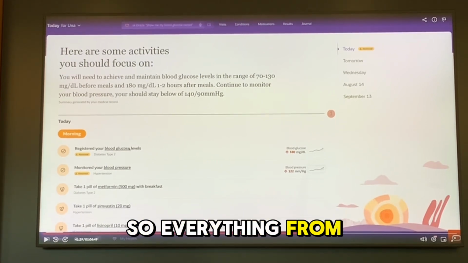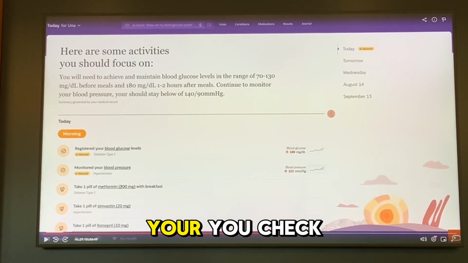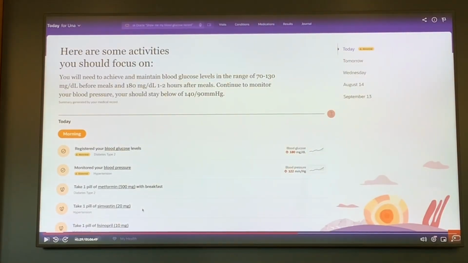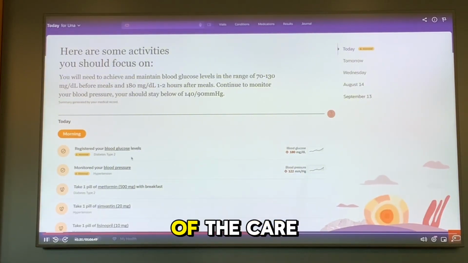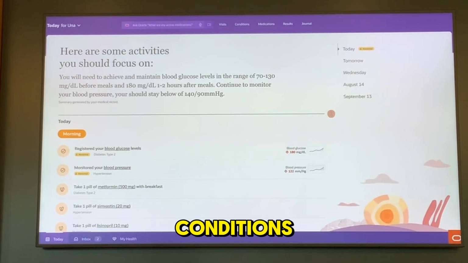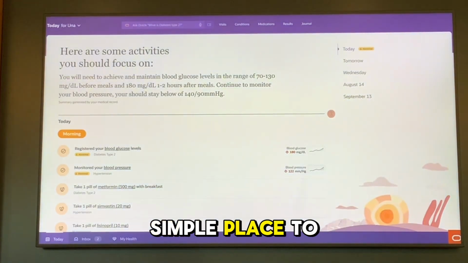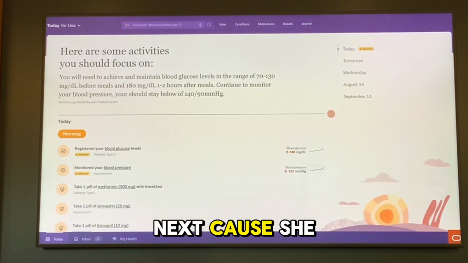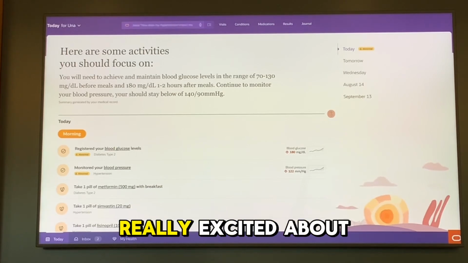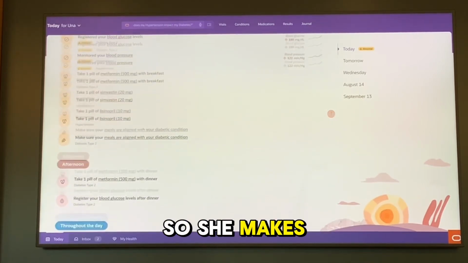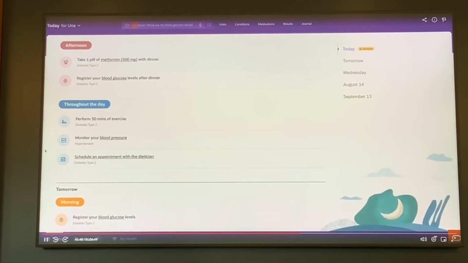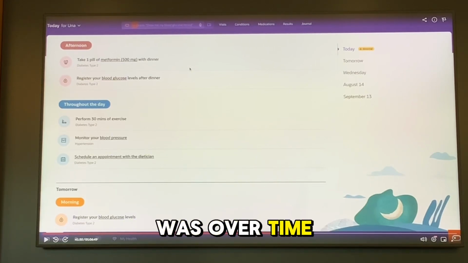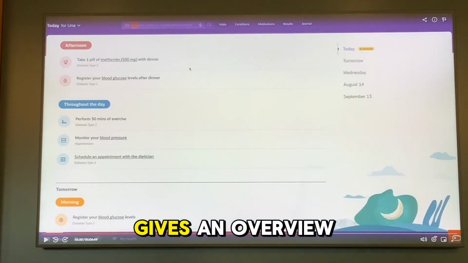So everything from your diabetes, how you check your blood pressure, your heart condition, etc. An aggregate of the care plans for all of her different conditions, so that she can have one simple place to know what she needs to do next. Because she is frazzled, and also her mom is really excited about this because she wants to know what she needs to do so she can make sure her daughter is doing it. Those are things in the morning, then the afternoon, evening. Look, the moon rises, the sun sets. Right. I know I was over time, but hopefully this gives an overview of